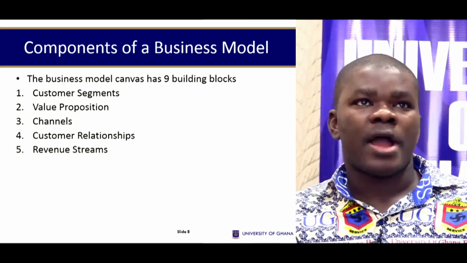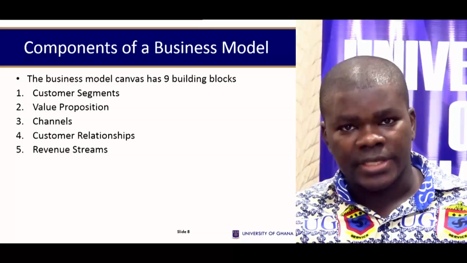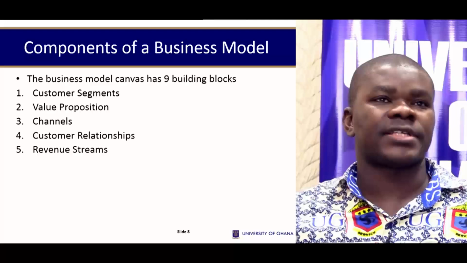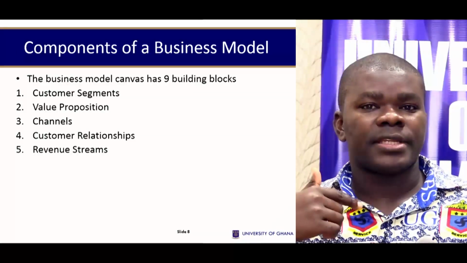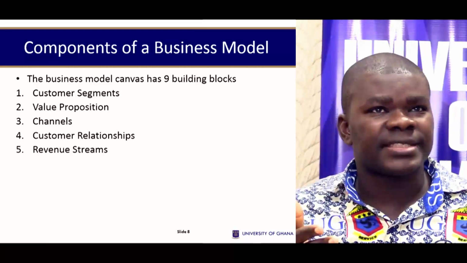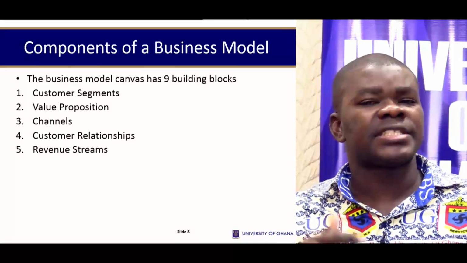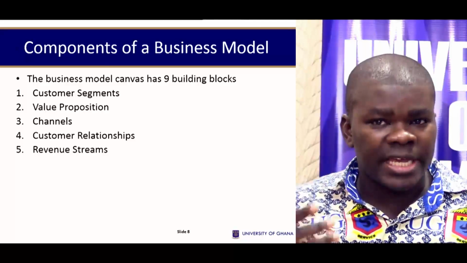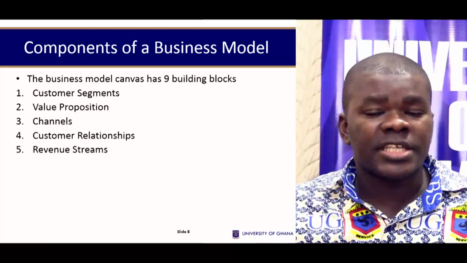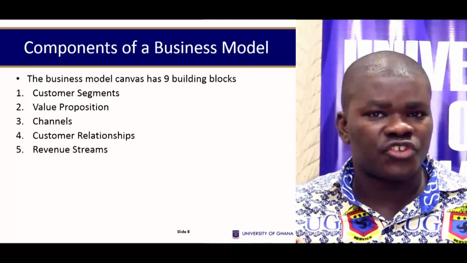Now, if you look on the slide, I've mentioned 5 key components of the business model canvas. These 5 key components constitute the front face of the canvas, and these are the things that the customers oftentimes interact with. The customers would really understand the customer segments because it's really about them. The customers must understand your value proposition because it is really about them. The customers must understand your channels because these are ways by which you get your product to the customers. And then, of course, your customer relationship, you need to show some kind of love to them, and they understand that, as well as the revenue streams.